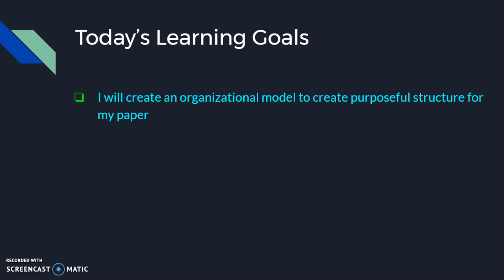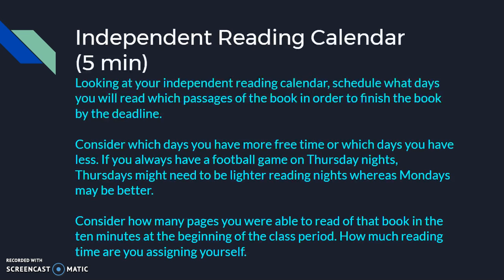Before we get there, we're going to do a little bit with our independent reading and our vocabulary. First, let's take out your independent reading calendar. What I would like you to do here is we're going to spend about 5 minutes planning how you're going to read your book, when you're going to read your book, and how much you're going to read at a time. So if you take out your independent reading book that you were just reading for the last 10 minutes,